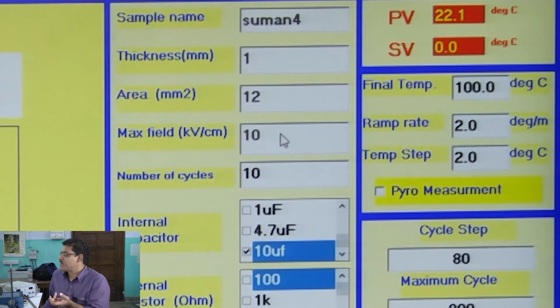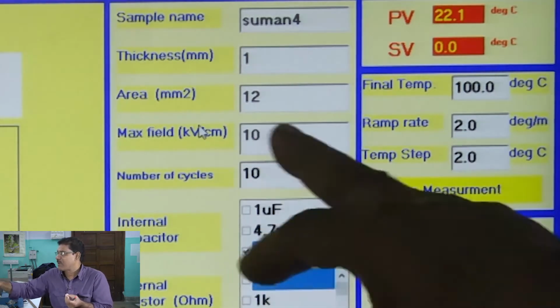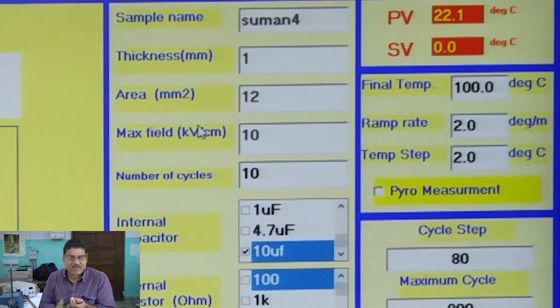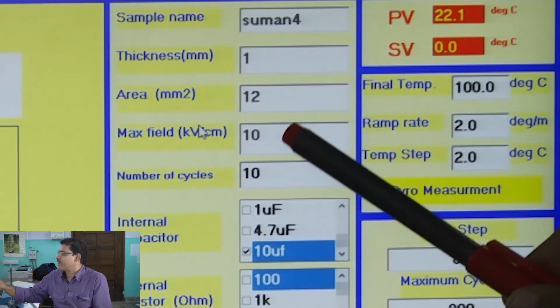If I give the maximum field, it will vary from plus maximum to minus maximum and then again back to plus maximum.